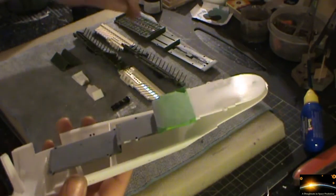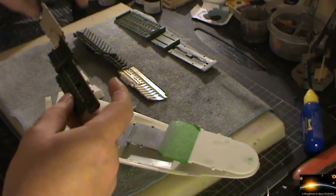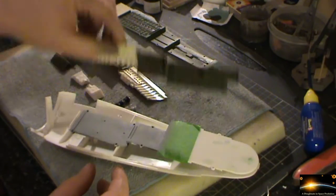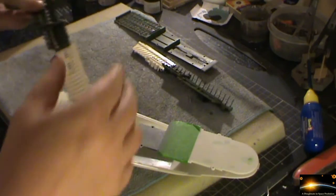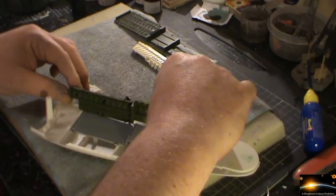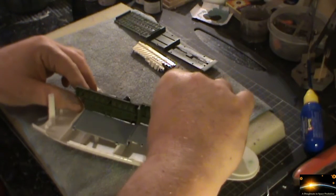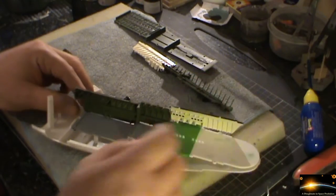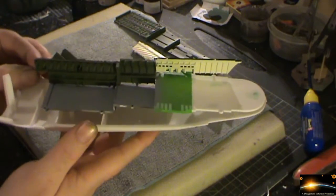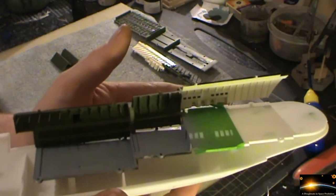So by the time that's actually on, if we can just get the other bit, just loosely put it in, because we are covering up one of the tabs there, unfortunately. No, that's the wrong side. Trust me to pick up the wrong one. Let's have a little look. That's almost in. As I say, we're covering up one of the tab holes, but that's what that's going to look like